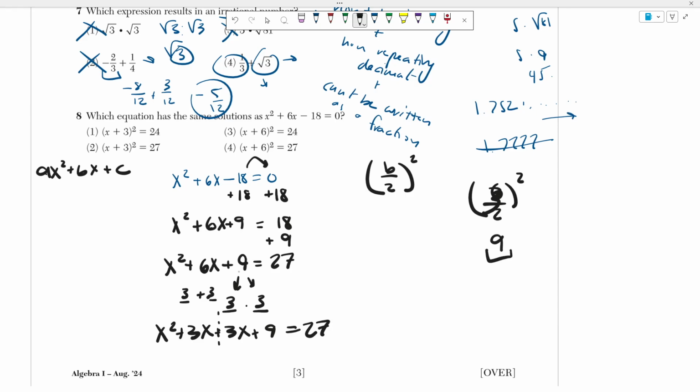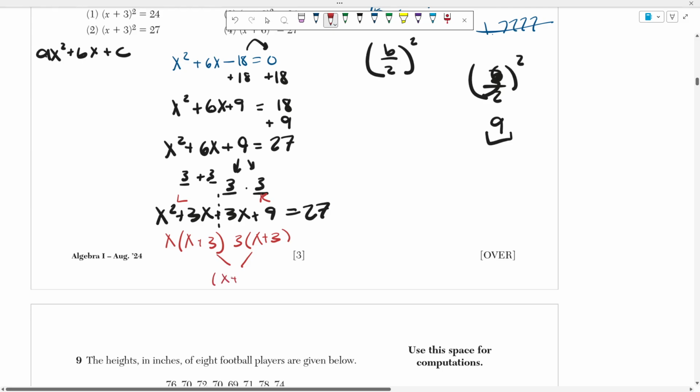I can now pretty much split this into the left and the right side. So now I can factor out an x and get x plus 3. I factor out a 3 and I get x plus 3. Do the same thing where I combine both of these parentheses into one, x plus 3, and I combine these two values into one parentheses, x plus 3. So I get that x plus 3 times x plus 3 is equal to 27, which is going to be